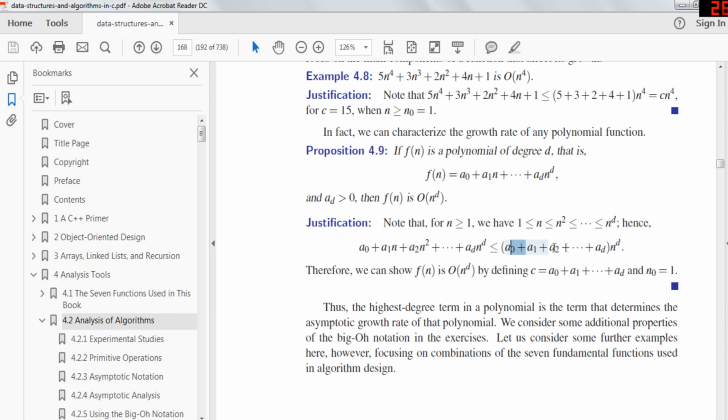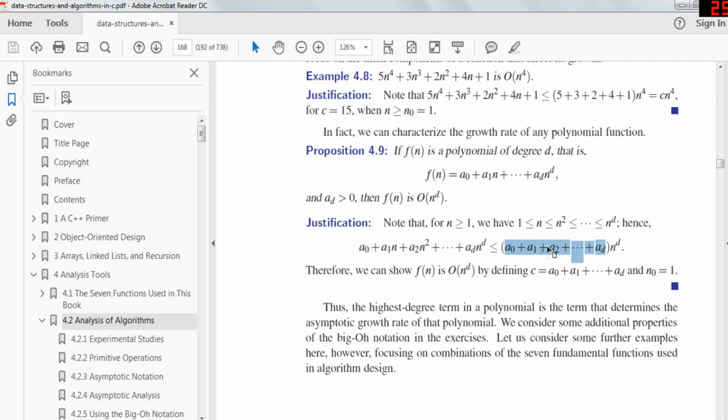If you add up all the coefficients and you then multiply it by n to the last power, it's always going to be greater than or equal to the original equation, and that makes sense. Okay, makes sense based on what we saw before. Based on this equation, it makes sense. If you think about it intuitively, it's because if you add up all these